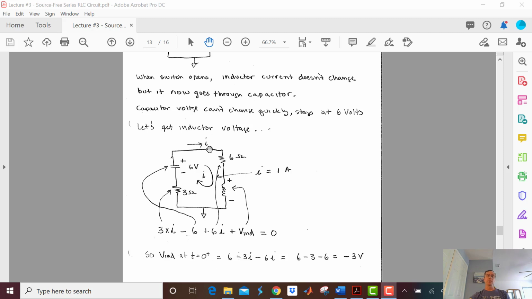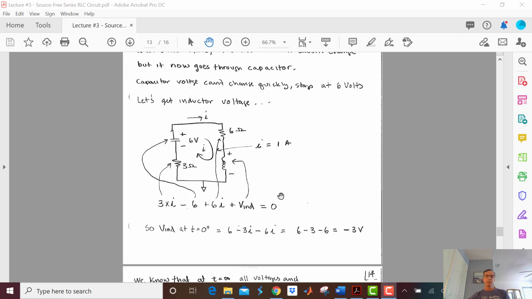And I went through and this was pretty straightforward, and the voltage across the inductor I just didn't know, so I called it V inductor. This is a perfectly valid KVL equation. So what I'm going to do is